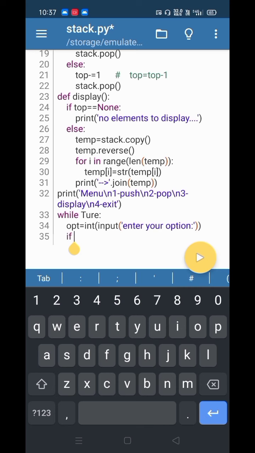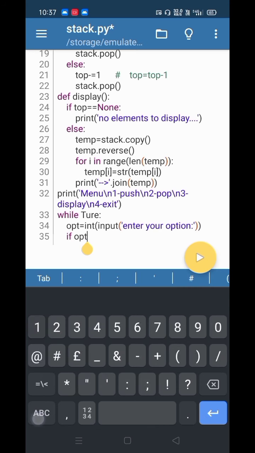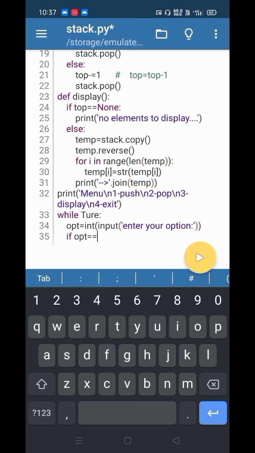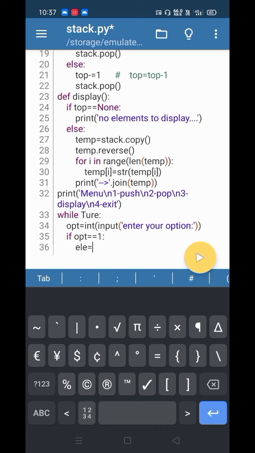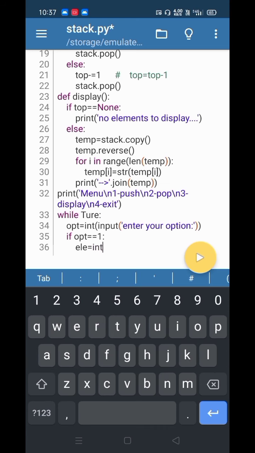So I will check the condition. If opt is exactly equal to 1, then I will push. To push, I should take an element. So I am taking an input, int input, enter the element.